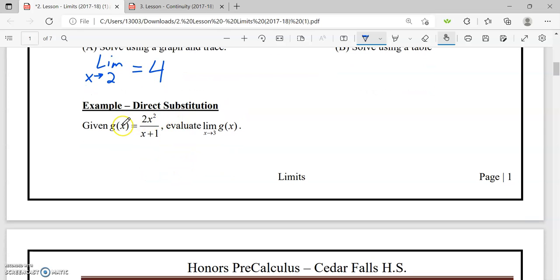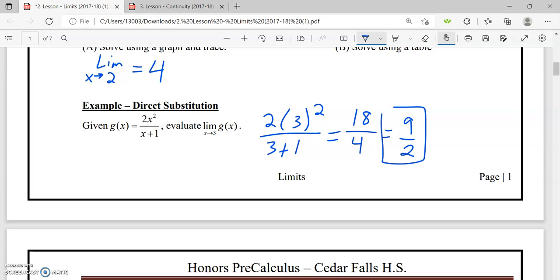Direct substitution again here. Evaluate the limit as x approaches 3. Direct substitution says we can directly substitute 3 in for x, and I get 2 times 3 squared over 3 plus 1, 18 over 4, which equals 9 halves. Okay. Well, I'm going to pause for a second, get that in the graph, and I will confirm that graphically, but again, direct substitution shows that we should be right around 4 1/2. Okay, so we